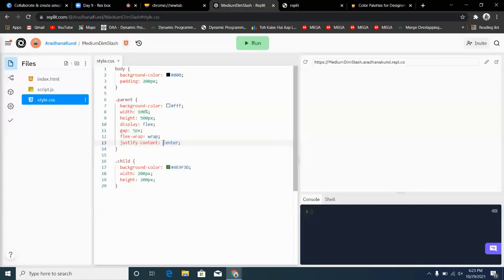Now if I want one child to be on the left hand side and one child to be on the right hand side, what I can do over here is write space-between. You can have a cheat sheet of flex, and you will be able to remember everything. Basically the name only says all the things. So I told you that I want one child on the left hand side and one child on the right hand side. So yeah, this is how it works.